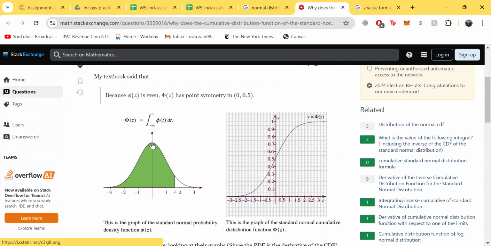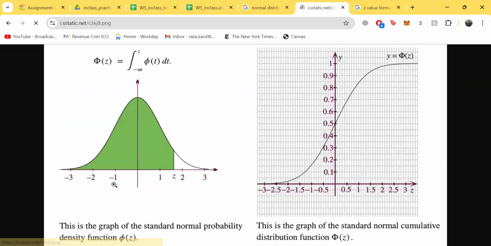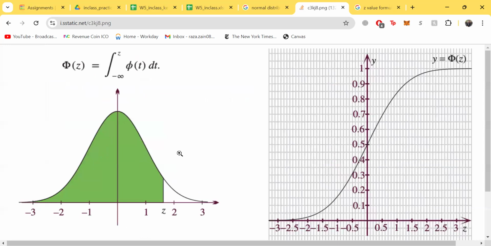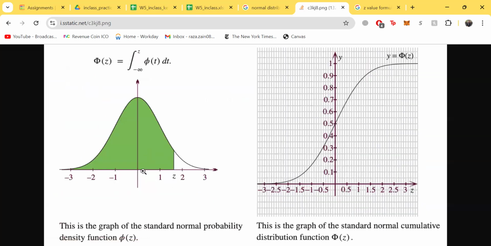So this is your mean, right? This value is two standard deviations away from the mean. And usually, with normal distributions, within two standard deviations,